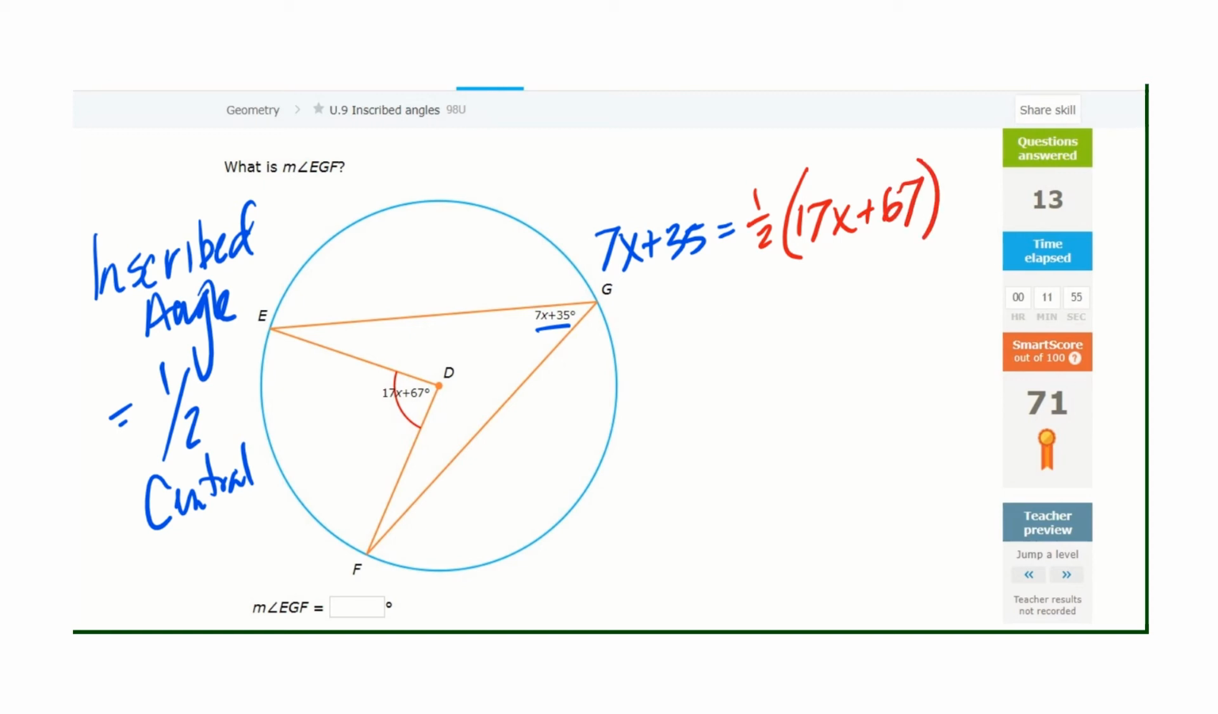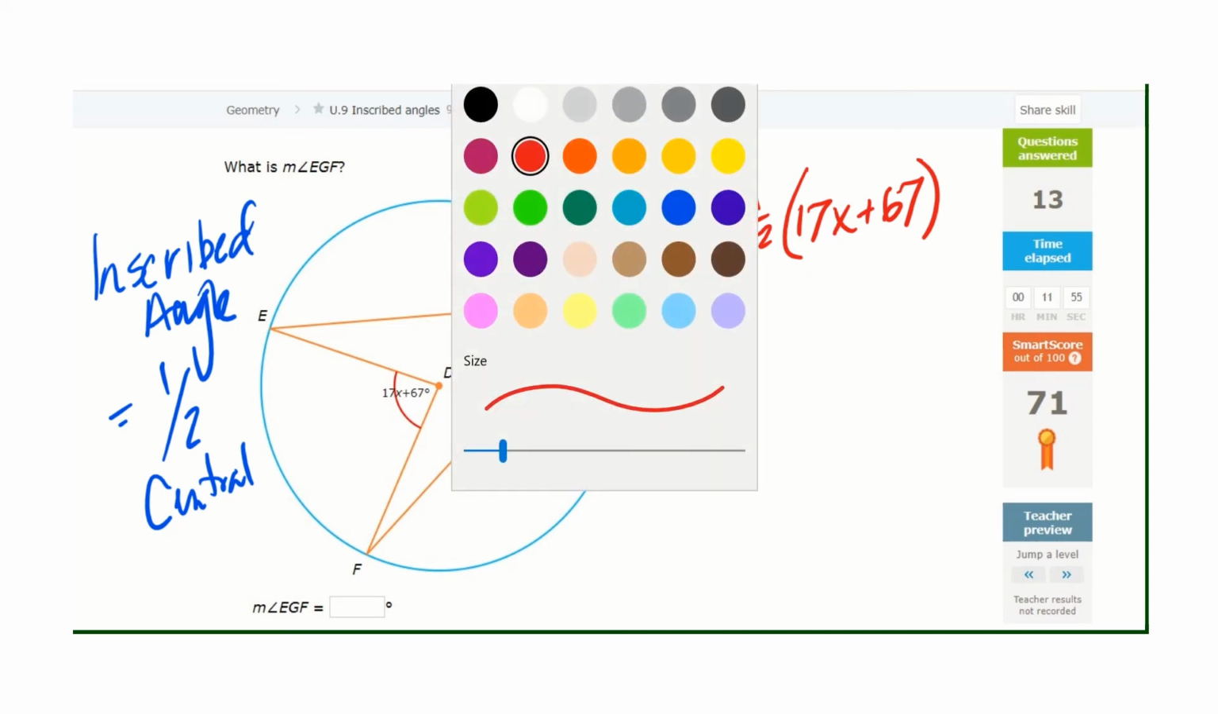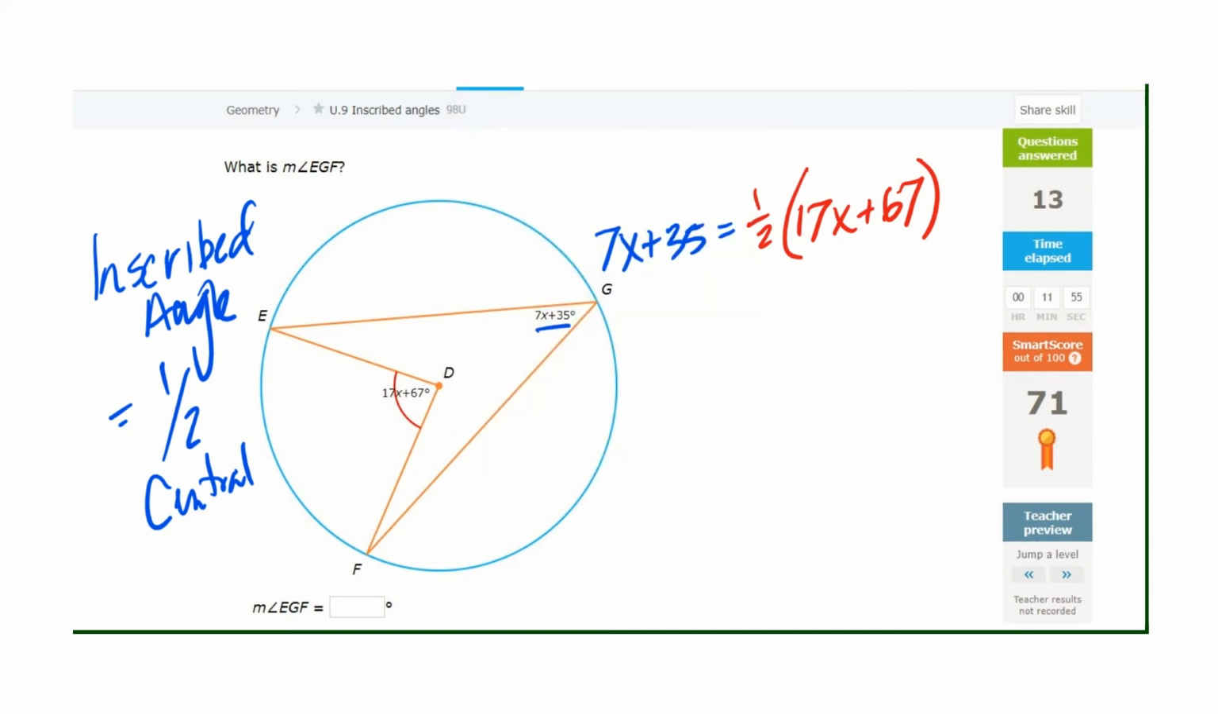And you know what? You could distribute that half. That's going to get really messy. Who wants to take half of 17? Not me. So here's a tip. Take some advice from your math teacher. If you see a half and it's not nice and even over here, just get rid of the half by